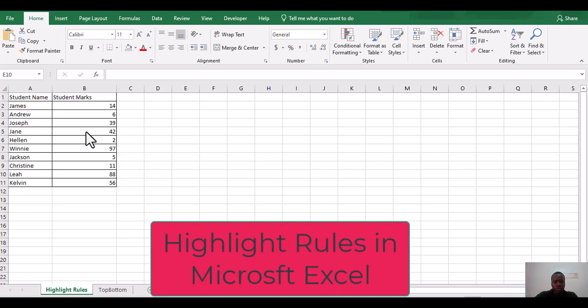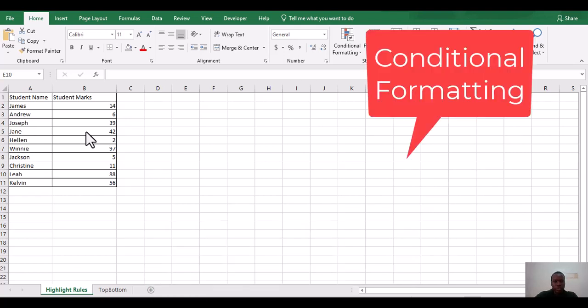In the following videos, or the following playlists in conditional formatting, I'll be uncovering all the parts of conditional